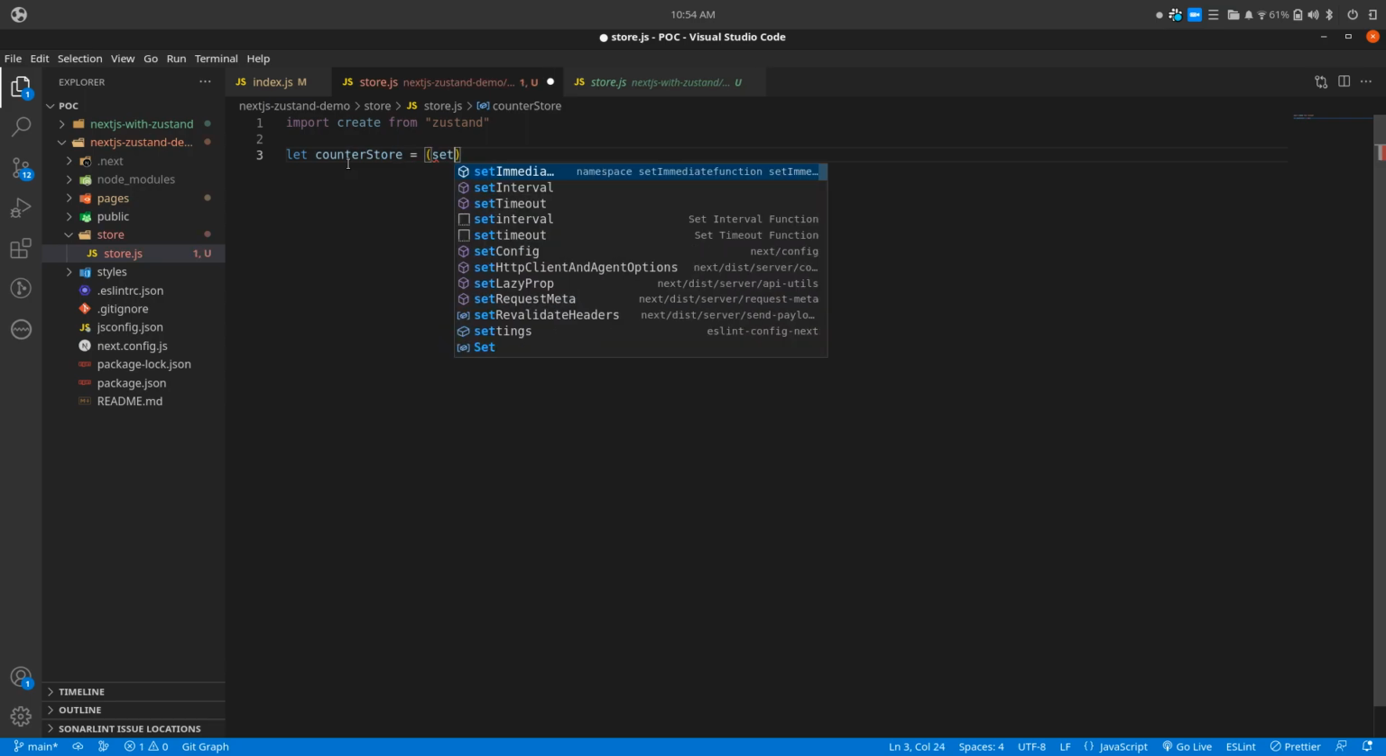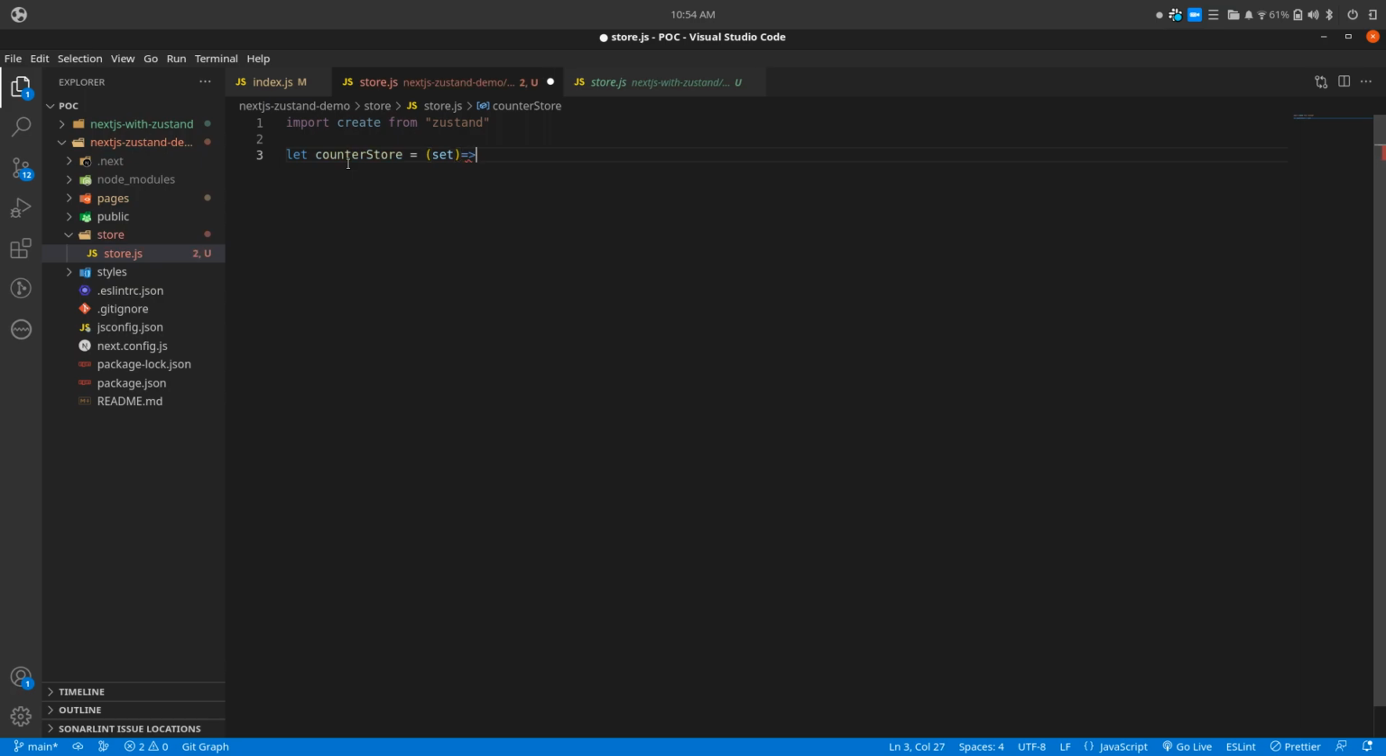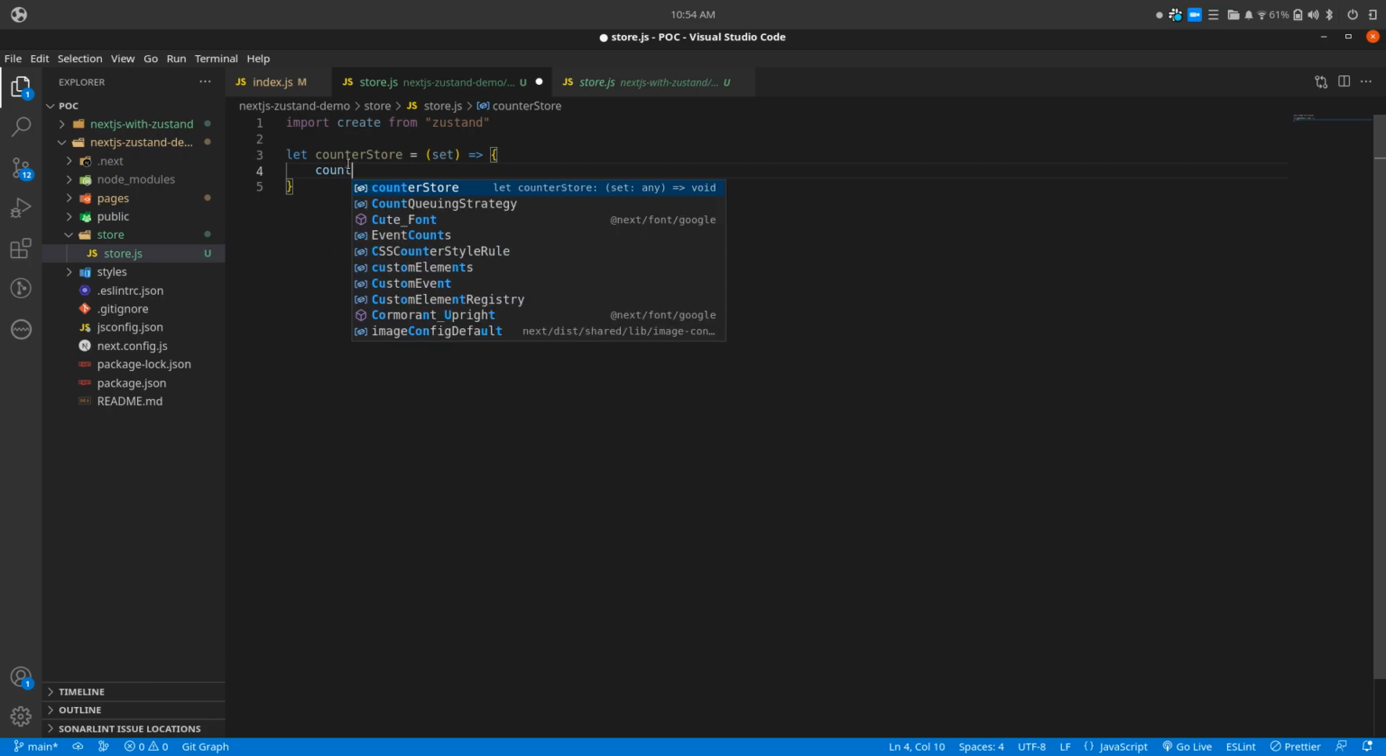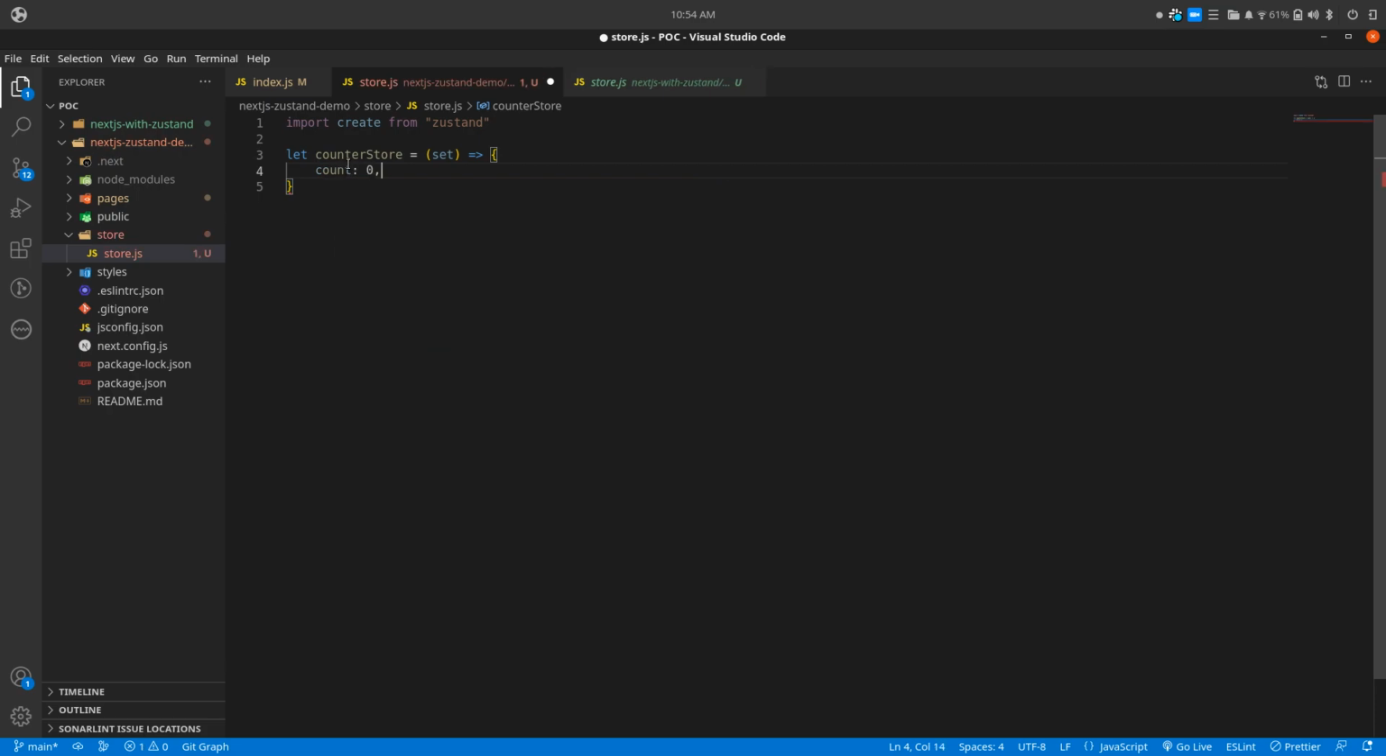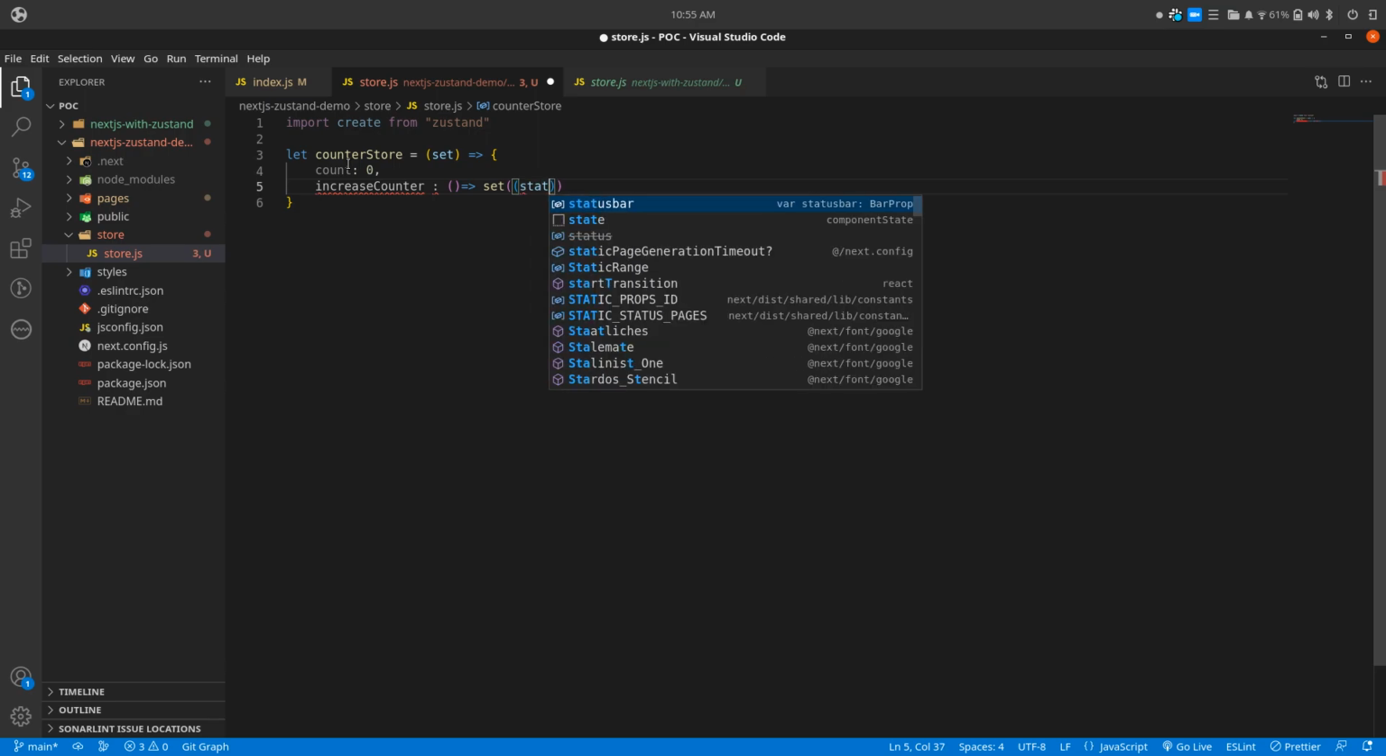Here we'll be taking the set. Okay, and here what are the values which will be taken? One is the counter count. Initially it will be 0, and then there will be a function like increase counter. As it's a function, there are two options. Here we are not taking any value, right? Okay, fine. Here we will call the setter function, and in the setter function we will pass the state,